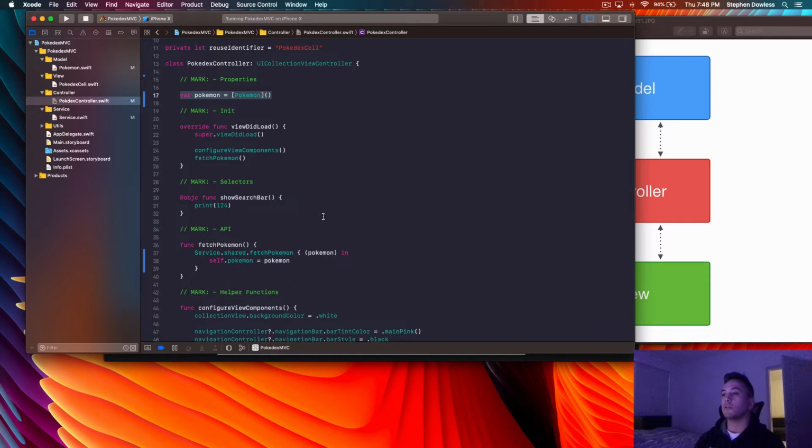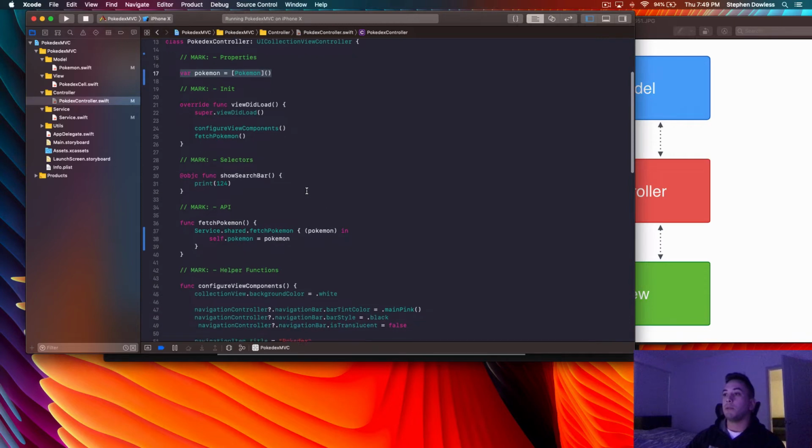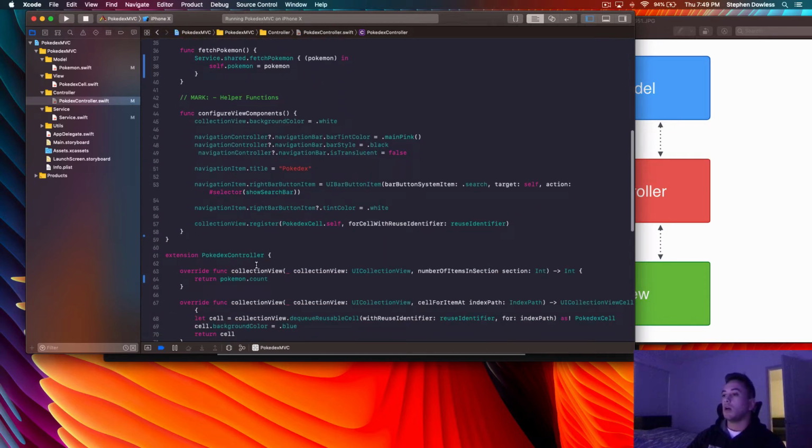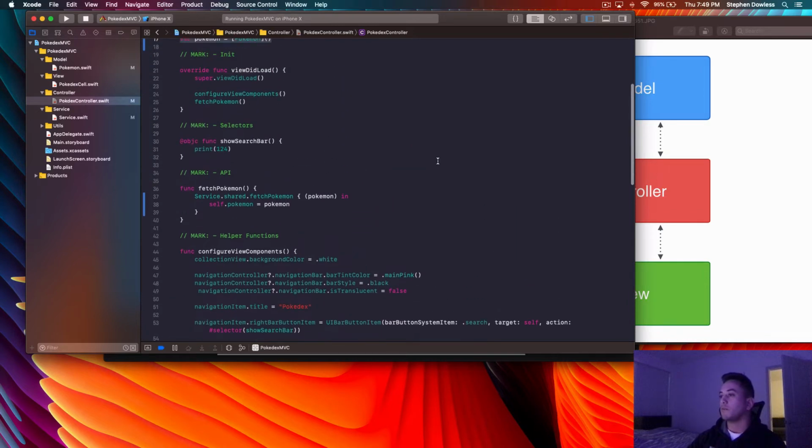And we want to use a completion block because we want to make sure that our API call has successfully completed before we put information into that array, right? Because say that API call didn't complete and we tried to update our collection view, it wouldn't update, or our app could potentially crash because you are trying to update a collection view with an empty array, or it could be empty. It could cause a multitude of problems. So that's why we implement a completion block there, right?